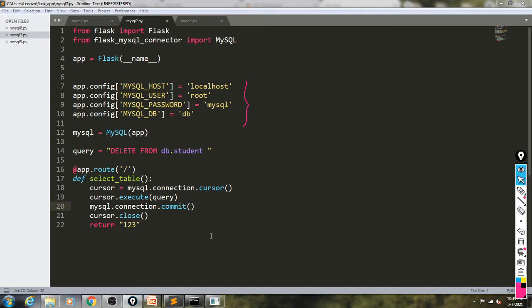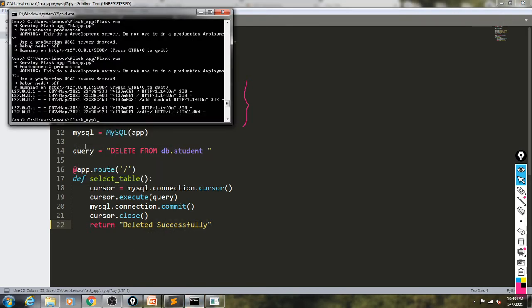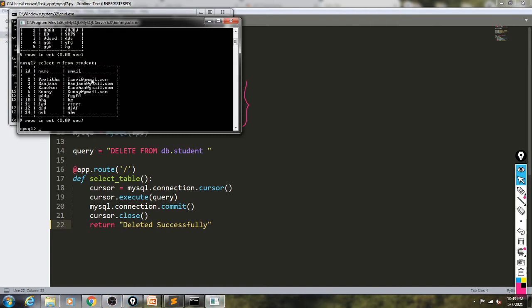So here we can write like this, deleted successfully. Okay, you can type here any message. Save this one. So before going to execute this one, let us see what type of records are there in MySQL table. So this is our MySQL.